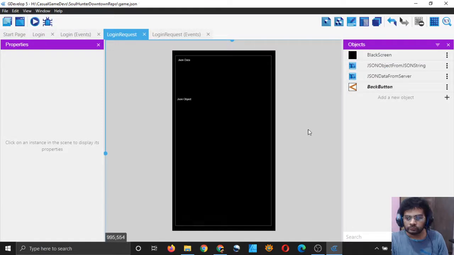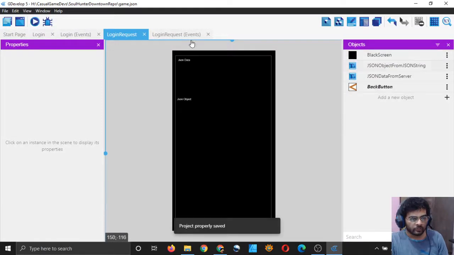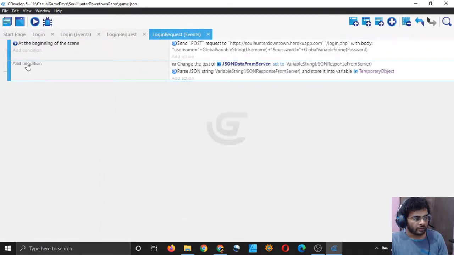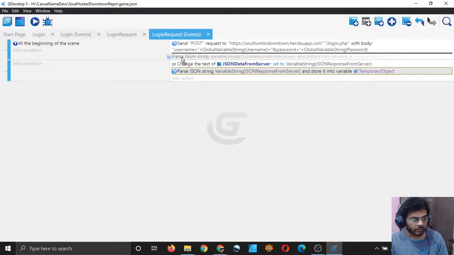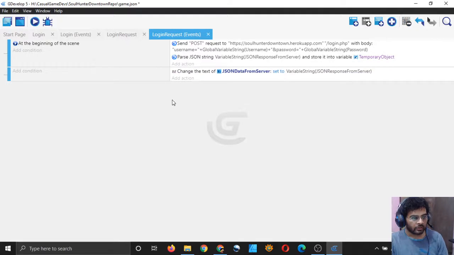And that's okay, JSON object from JSON string. And here, first of all, I have to parse the JSON string over here, not every frame, because if I do it every frame, it will be a very useless thing to do, right? There is no need to do it every frame, because it will result in the same thing, right?